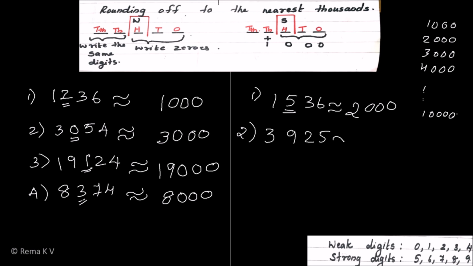3,925 is rounded off to... In ones place it is 0, tens place it is 0, in thousands place also it is 0. So here the hundreds place digit is 9. 9 is a strong digit, so you have to add 1 to the thousands place. 3 plus 1 gives 4. Okay. Now the third one,